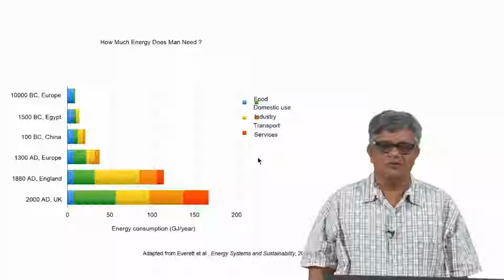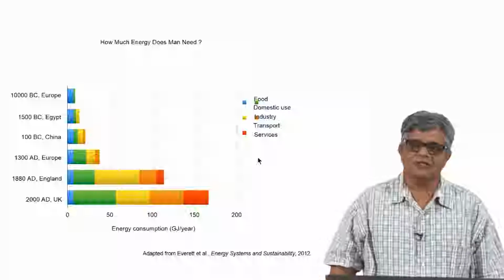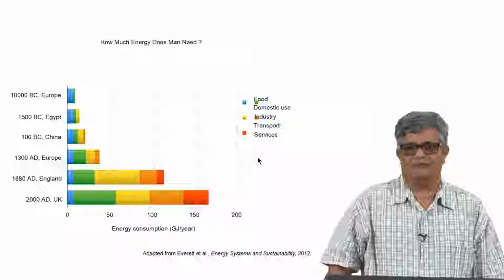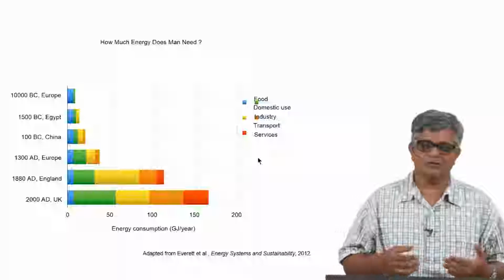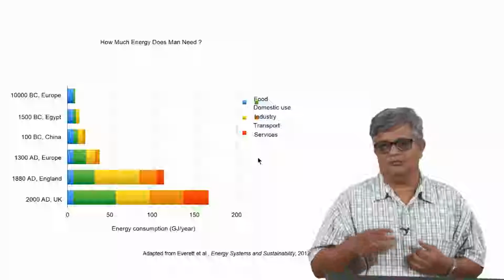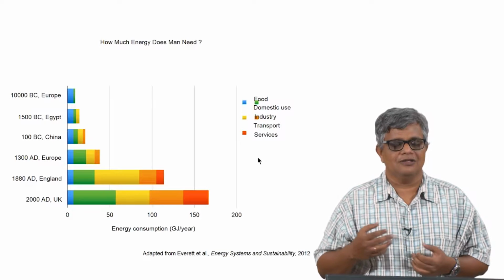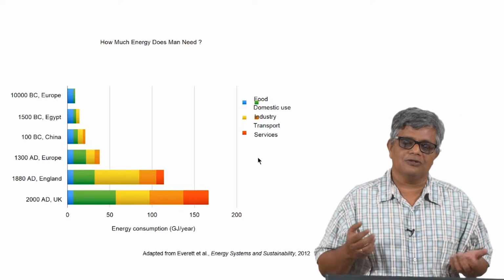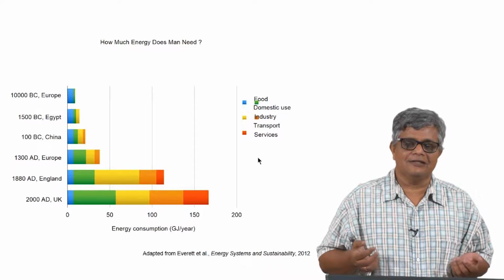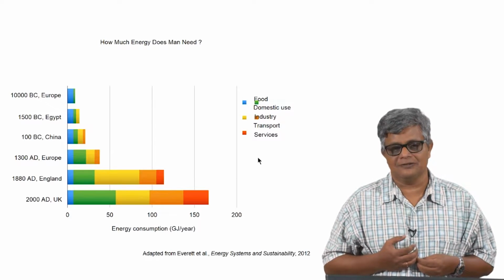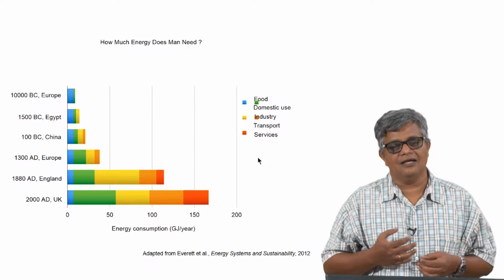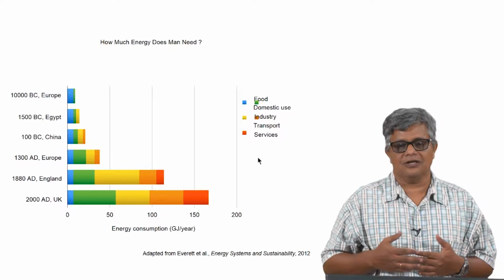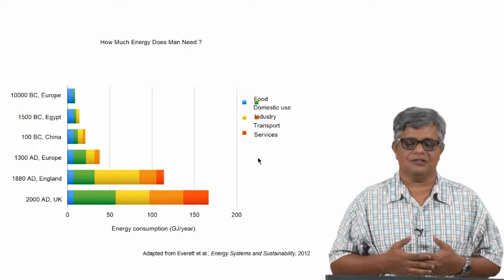essentially what is the need for energy and how much energy does a man need. Okay. So, when we talk about energy, we talk about energy in various forms, for lighting, for example, for running various devices that we have, for transport application, and also for growth of agriculture and other things that are essentially needed by us, by the human society, and a number of other items and services which are part of our daily life.